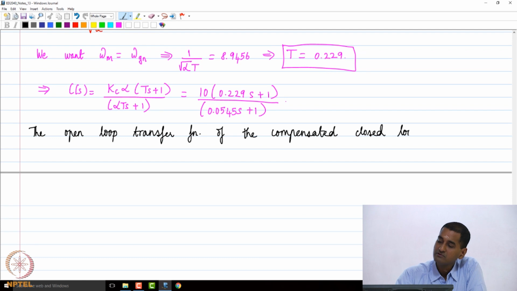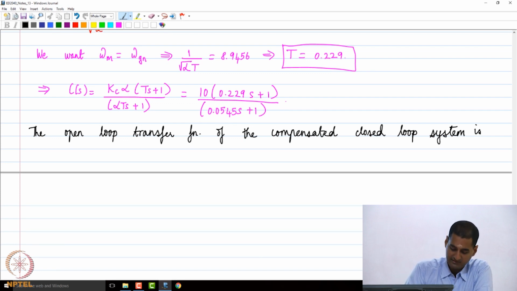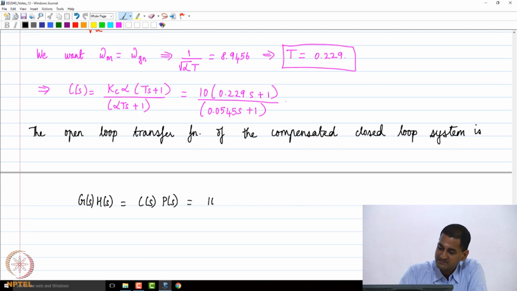Closed loop system, what is that going to be? It is going to be g of s times h of s, which is nothing but c of s times p of s, because h of s is 1. C of s is this, 10 times